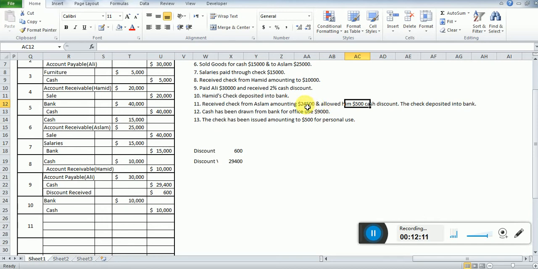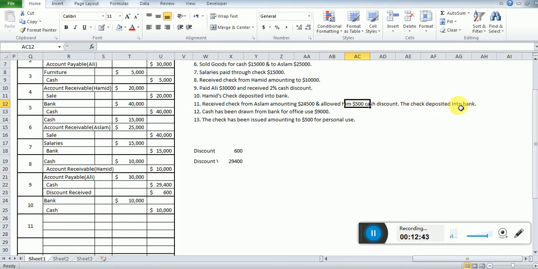But here you need not do that. Why? Because the discounted value is given and also the amount of discount is given. It is not shown in the percentage. So once it is given in this way, then you have to debit 24,500. You need not reduce it further. Okay, so we have received check from Aslam amounting 24,500, and we have given $500 discount, and the check